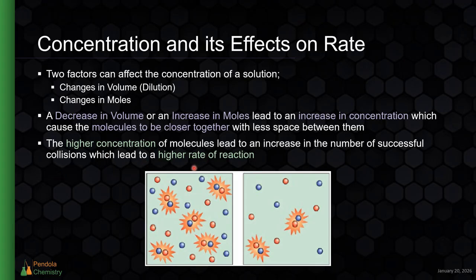The more collisions we get per second in a reaction vessel, the higher the rate of the reaction will be. The more collisions are successful, the higher the reaction rate, or the faster the reaction happens. So this is why a higher concentration has a direct effect on the rate. The reason why higher concentration leads to a higher rate of reaction is because it creates crowding in the molecules and therefore a higher number of collisions and by default a higher number of successful collisions with the right orientation